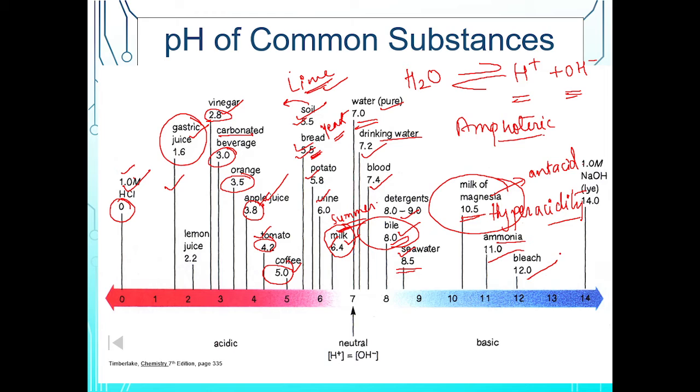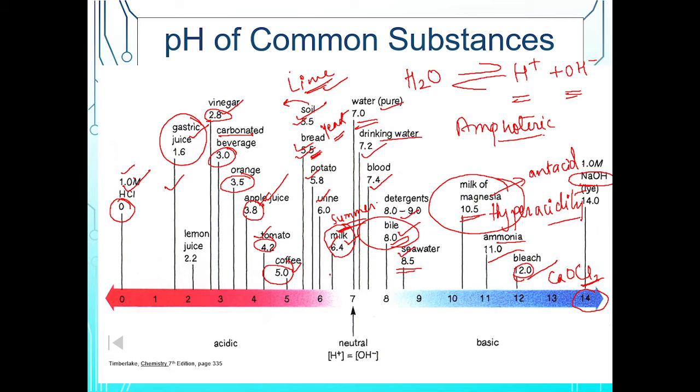Bleach, that is your bleaching powder, we have already studied about it, that is CaOCl2. We have already studied about it in some common products, right? So it contains pH of somewhere 12. And lastly, NaOH, it is highly basic and it contains pH of 14, right? So this is some common pH written over here, okay? Common substances which we use in our day-to-day life. So I just request you to make sure that some common products should be very clear to you, and you should remember the pH of them.